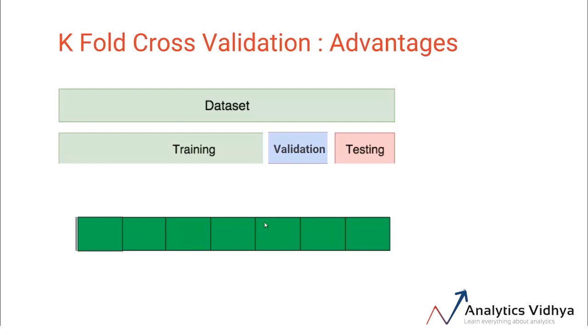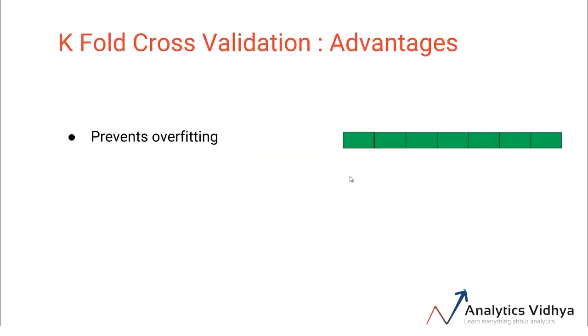the k-fold cross-validation. Also, as we use a single validation set, there are chances that the model might overfit on this validation data. But in k-fold cross-validation, we have multiple validation sets. So the chances of the model overfitting on the validation set reduces. Now in case of k-fold cross-validation, we can also ensure the consistency of the model since the model is evaluated on multiple validation sets and not one.